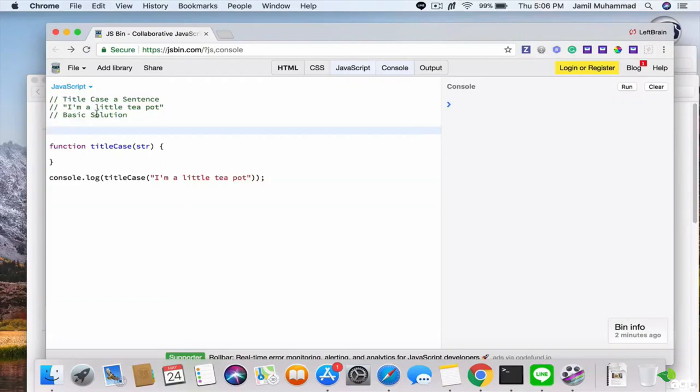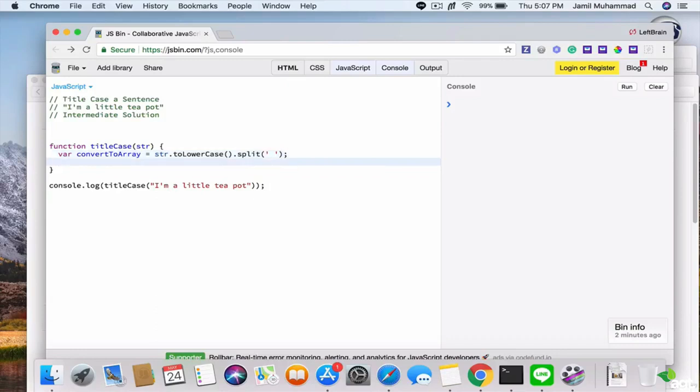Alright, so for our intermediate solution within our title case function, create a new variable called convertToArray equal to string.toLowerCase().split(), and then I'm going to create a new variable called result, set that equal to convertToArray.map